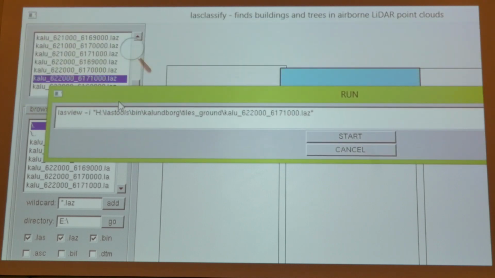And now I do some command line programming instead again. I change last view to last info and I write at the very end space minus histo, and the height should be stored in a variable called user_data,